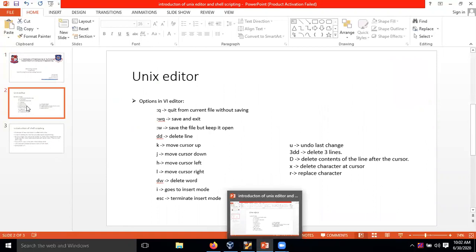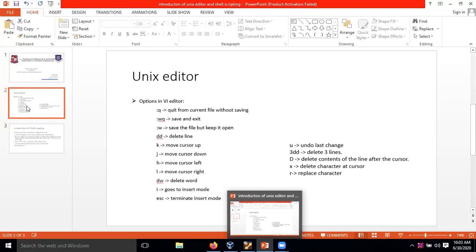So there are various Unix editors available, just like ed, ex, vi, vim, gedit. I repeat once again, there are various Unix editors available for implementing shell scripting.